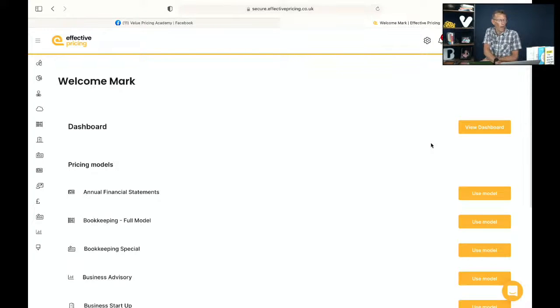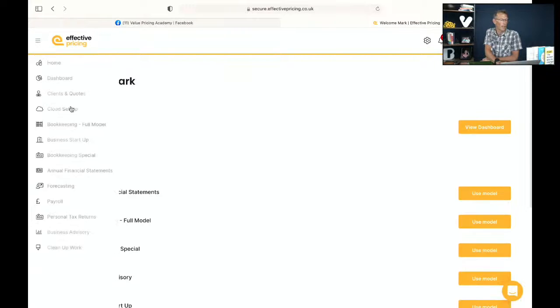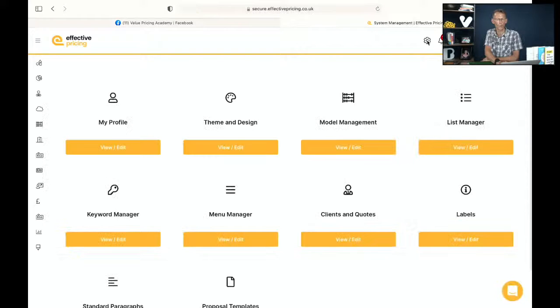And the home page is where you would be if you're about to price something, and you'll see on this screen, and also on the left-hand side on the menu, all the things you've currently set up to price. These are all the services that you're ready to price. So you might have your bookkeeping built up and your payroll and so on, but we're going to build a brand new one. So we go behind the scenes into the cogwheel, setting up the software in the cogwheel,